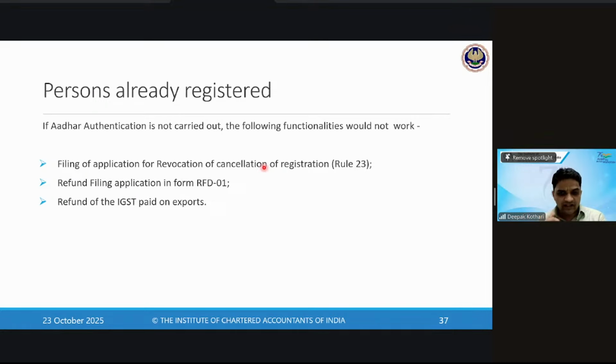So recently I have taken registration for a South Korean company and they have not demanded any other authentication. It's a construction based company. Okay, so then they would have applied for registration and gone under that exception that Aadhaar authentication is not required, because generally all registrations now require Aadhaar authentication.